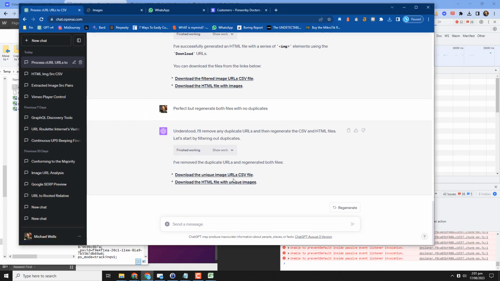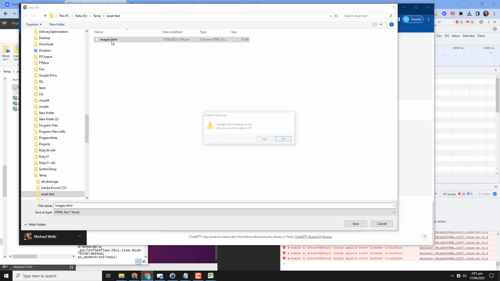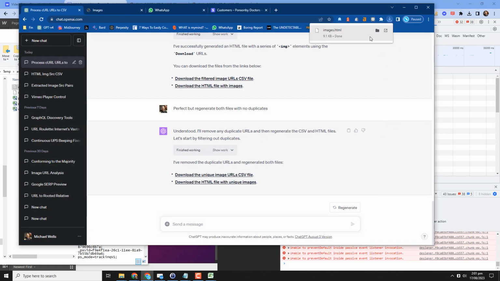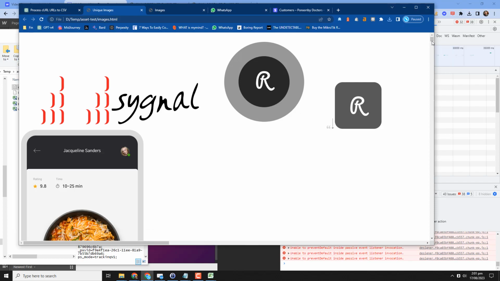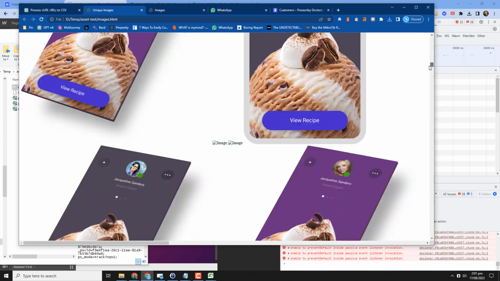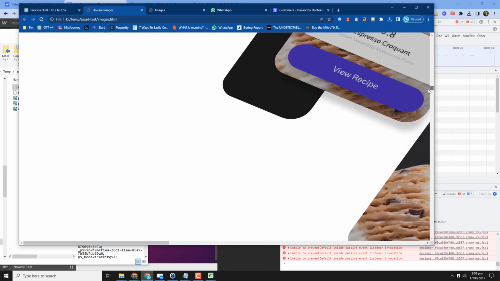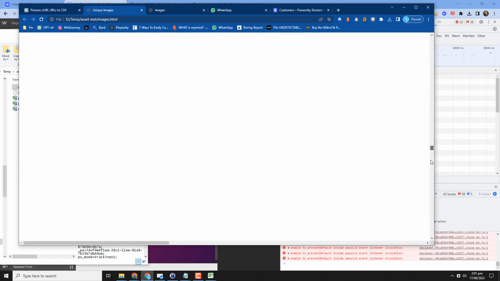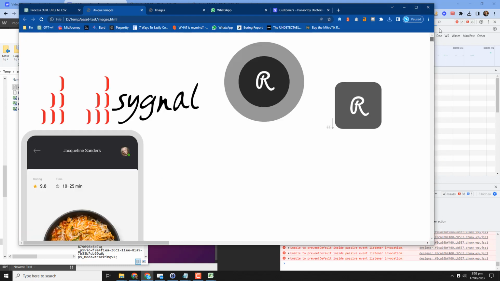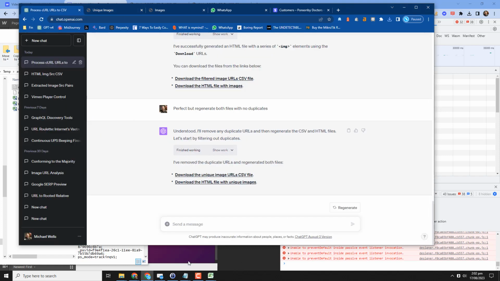Now I'm going to download this one. Just going to replace it, and we're going to open that, and we should now have all of our media, including all these large versions. I did obviously not format this for an interface, and this is really good. Now, just to make this more manageable, because part of what I want to do is compare this against the assets panel, I'm now going to say